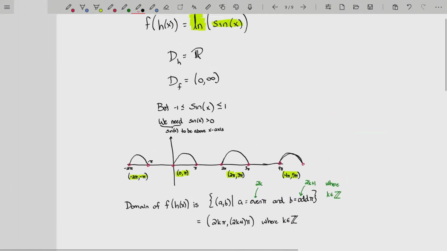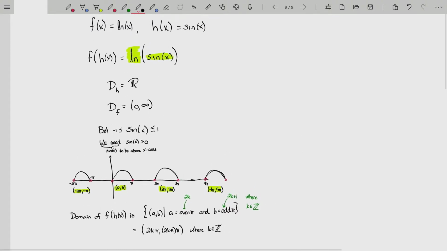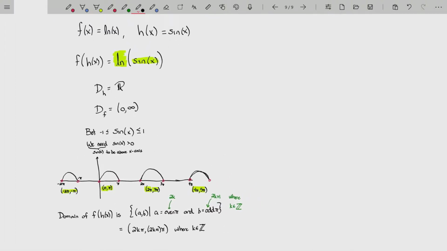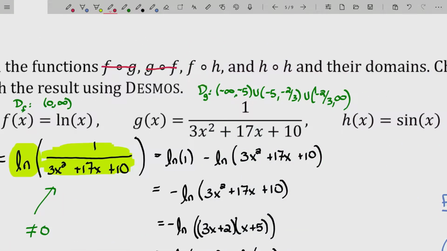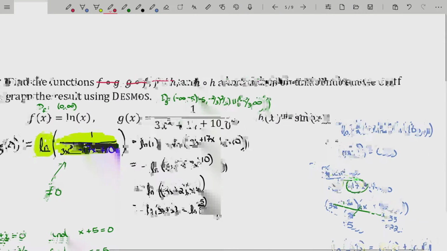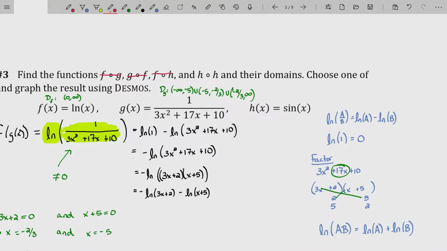So there you go. That's a nice problem to do. Very complex, but still I think it's the right level for a pre-calculus class. Now going back here, we can see we're done with all that. We just have one last one. H composed with h. This is actually sort of the easiest of the group, honestly, and I'm going to do it